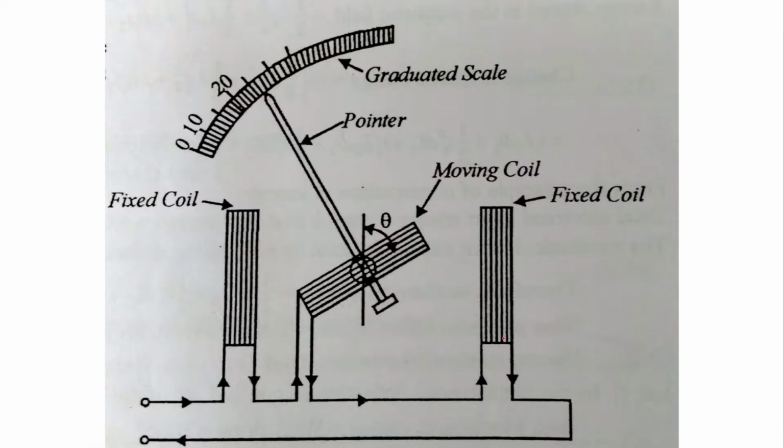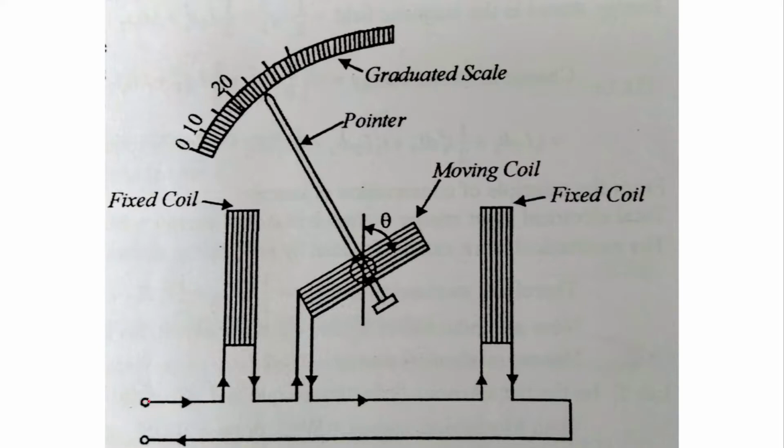So this is the constructional view of an electrodynamometer type instrument that you can see. In electrodynamometer construction, two types of coils are there: fixed coils and a moving coil. The fixed coil is broken into two parts to minimize the magnetic field. I mean to say, as it will be operating in AC, mutual inductance between the two coils will arise. So in order to make that uniform, the fixed coil is divided into two equal halves. So you can see a fixed coil, and another fixed coil. This is the moving coil attached with a pointer, and the pointer will move around a graduated scale.